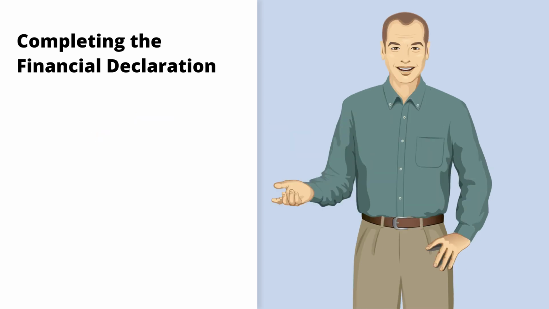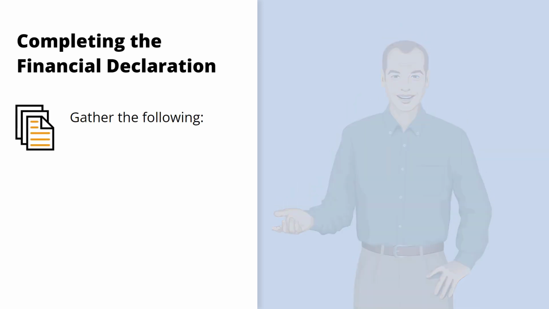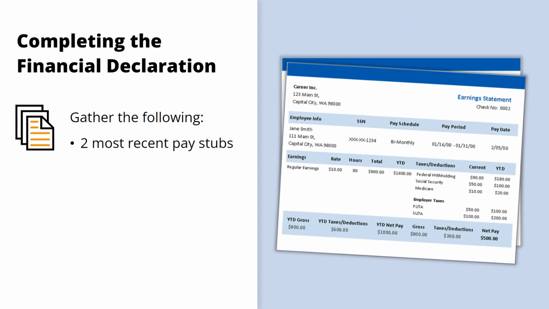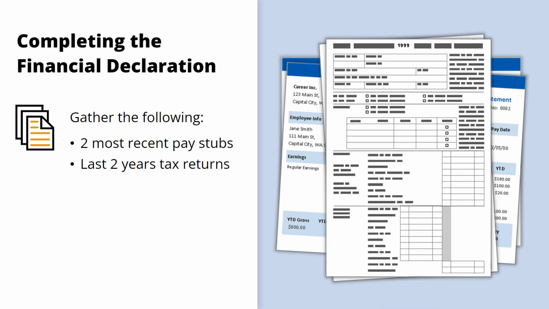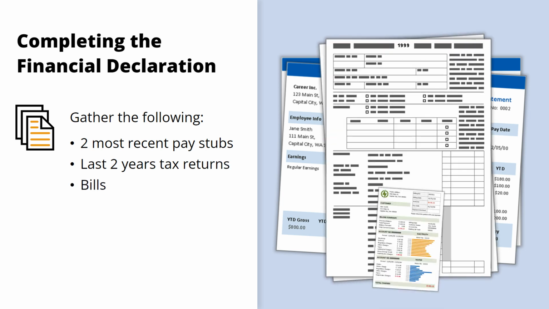Having certain financial information available while filling out this document makes it easier to complete. If you have them, please gather your last 2 most recent months of pay stubs. If you are not sure where to find your pay stubs, ask your employer. They should be able to help you get copies. Also, if you have them, gather your tax returns for the last 2 years and any bills you have that